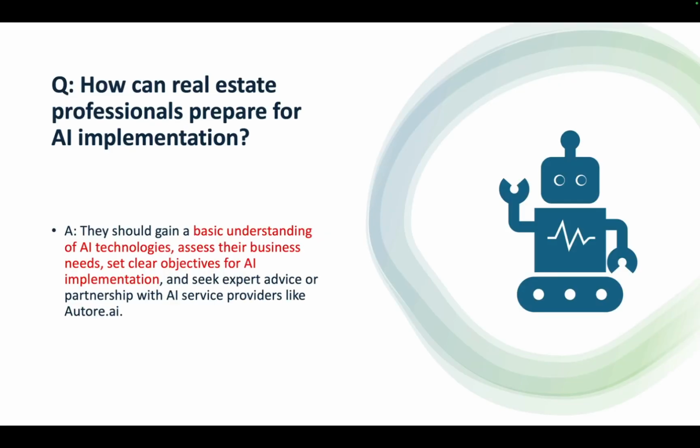So how can real estate professionals prepare for AI implementation? Well, the key thing is you need to make sure you understand what it is you're trying to get into, understand what your business needs are, assess them, set clear goals, clear objectives, and make sure you know what the AI implementation is designed to fix or designed to help ameliorate. And when you've got all those things in place, so the understanding of your business needs and having your AI tool mapped as a solution to your business needs, then it's clearer and more obvious to you how you'd be able to judge or assess if the AI solution is actually successful.